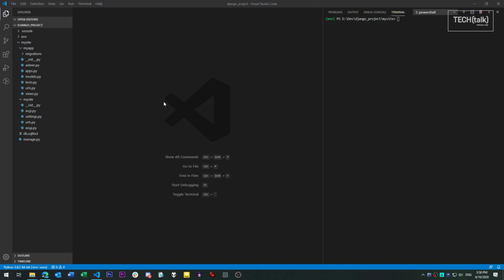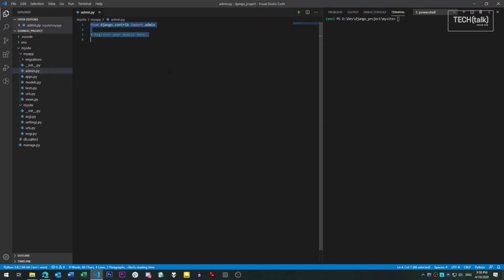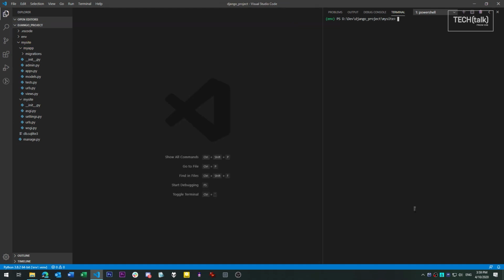One more thing we'll need to do is register the tables we've created with the Django admin system. This way, we can manage the table directly in the admin page for our Django project. To do this, we just need to edit admin.py for the application and insert a reference to our newly created tables.